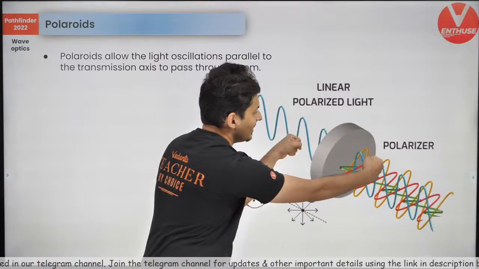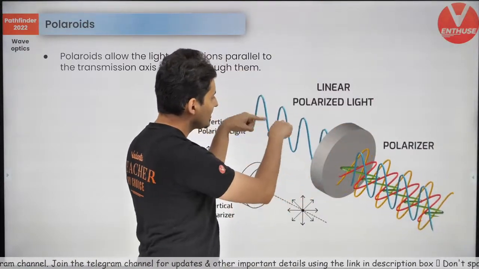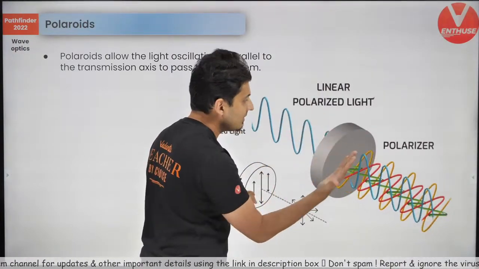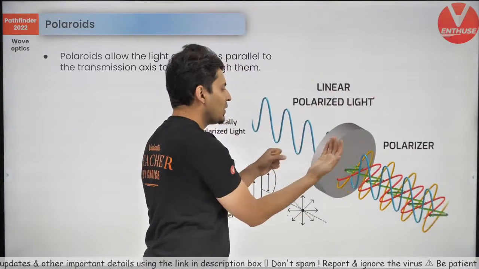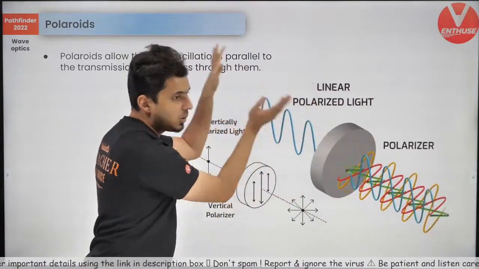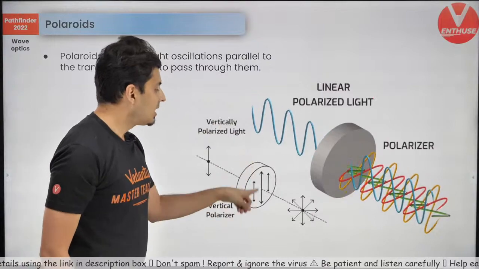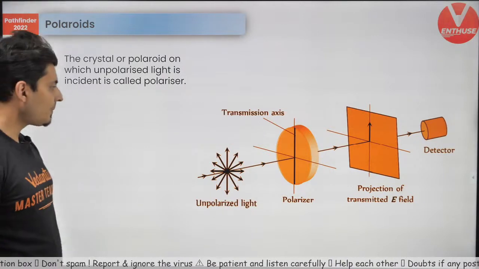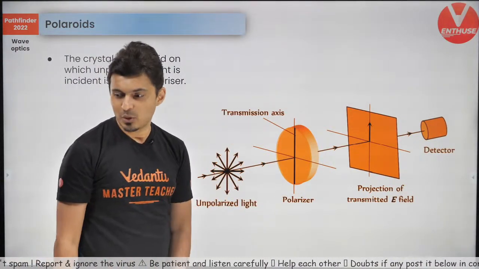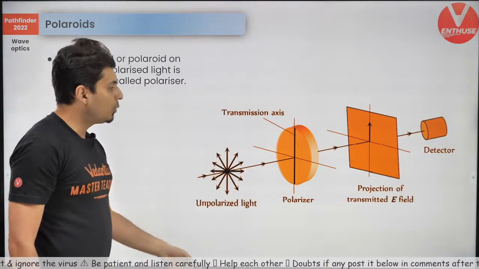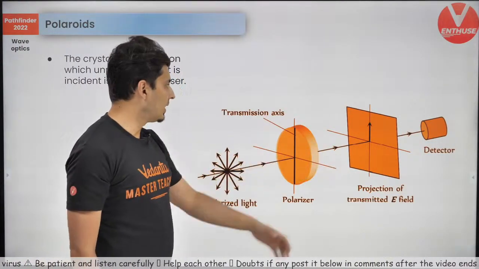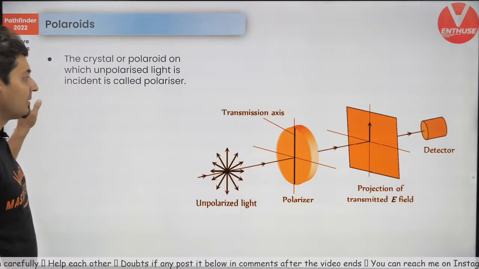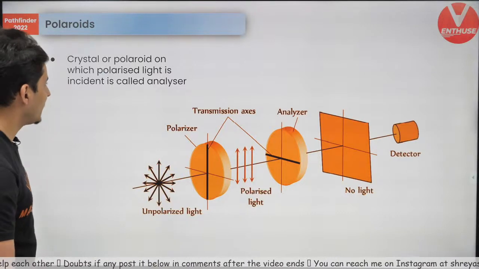If I tilt this polarizer, this blue line which is coming out will also be tilted, because only the components in that plane will be allowed. So if I could magically tilt it, you will see other components come out. It depends on which plane it allows. So the orientation of the polarizer matters. Look at this. This is very important. When you pass unpolarized light through a polarizer, the light gets polarized.